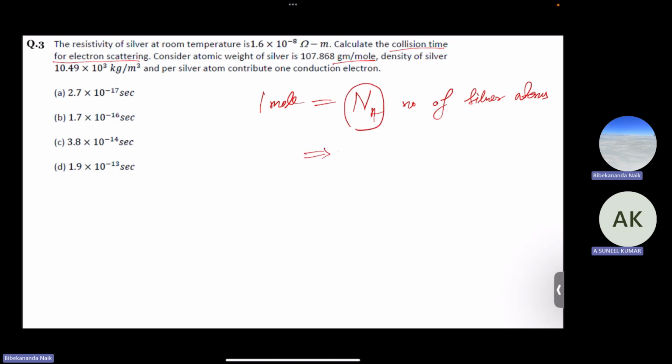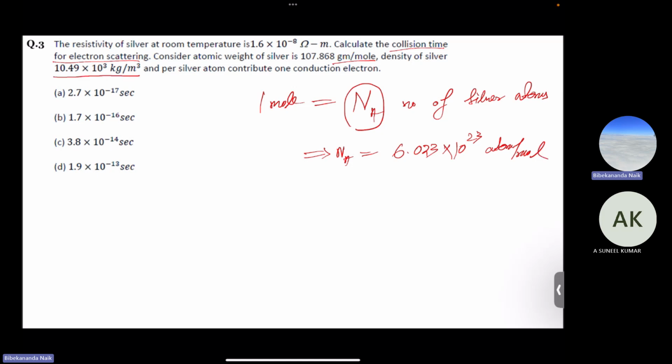What is the value of Avogadro's number? 6.023 into 10 to the power 23 atoms per mole. The weight of those atoms is 107.868 grams. So if you need to find out the number of atoms or the number of electrons,